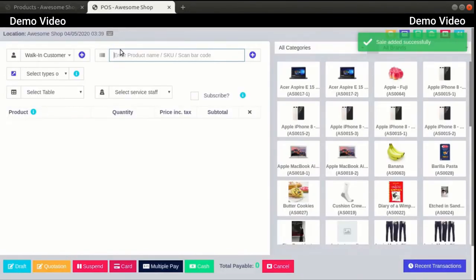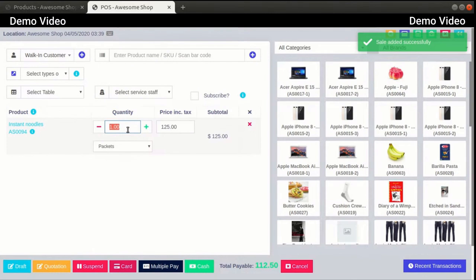So let me just go to the POS screen once again, and here I will select the product as instant noodles. We have a total of 55 quantities available in the stock. Let me just try adding 56. If I add 56, it will show me only 55 packets available. It will not allow me to sell more than 55 packets. So let me just